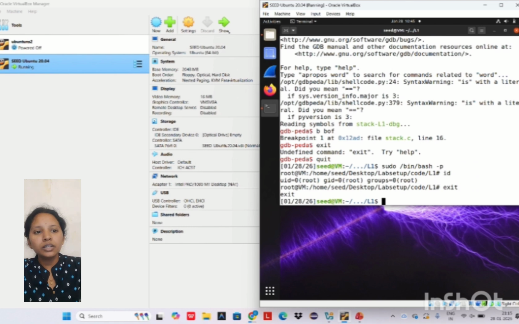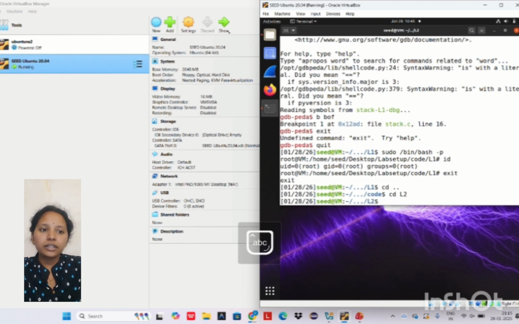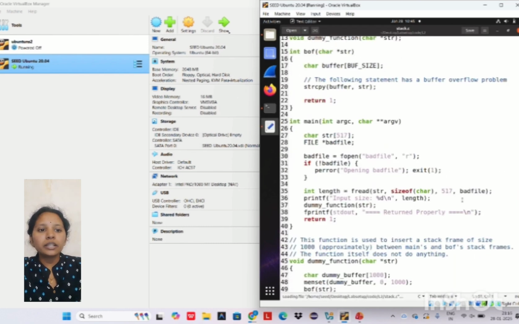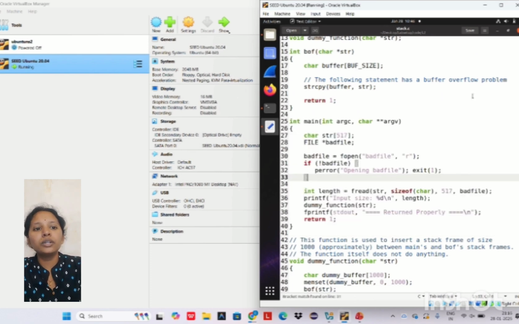In level 2, the difficulty increases by slightly modifying the buffer size and stack layout, requiring more accurate calculation of the offsets between the buffer and the return address. In this level, the attackers must carefully craft the payload so that the shellcode and the return address align correctly in memory. This level emphasizes precision and reinforces the importance of understanding how data is stored and